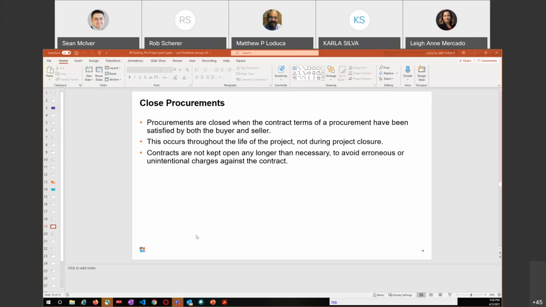Contracts are not kept open any longer than necessary to avoid erroneous or unintentional charges against the contract. That's just good business. You leave that contract open, we're all done with it, and then somebody slips a new invoice in. Well, guess what? That just hoses everything up. So closing it as soon as you can eliminates that as a problem. I guess some people could say on the flip side of that, if you close it before everybody's paid, then you kind of maybe have to open something up to take care of that. But anyway,